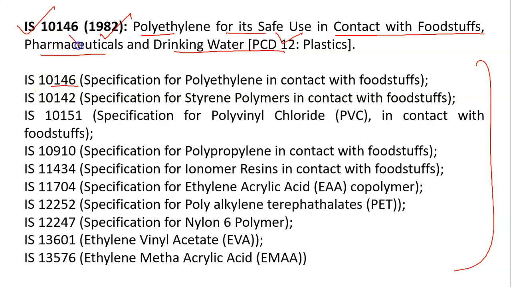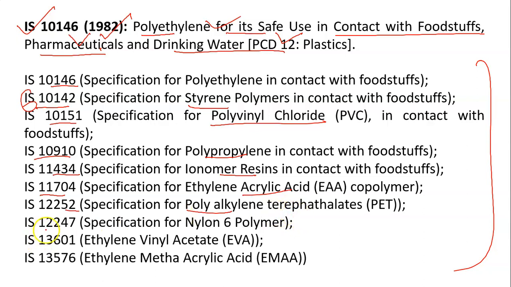The first one I have already told you is related to polyethylene, and IS 10142 is related to styrene polymers. IS 10151 is related to polyvinyl chloride. IS 10910 is related to polypropylene. IS 11434 is related to ionomer resins. IS 11704 is related to ethylene acrylic acid, and 12252 is related to polyalkylene